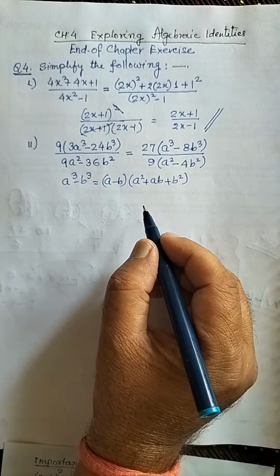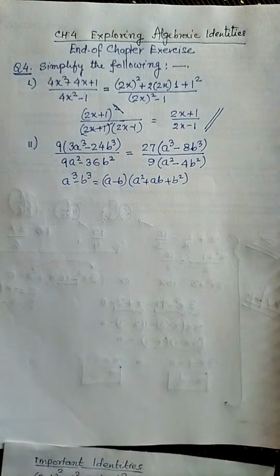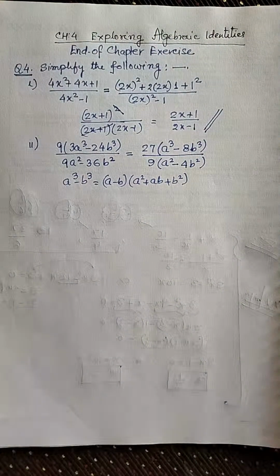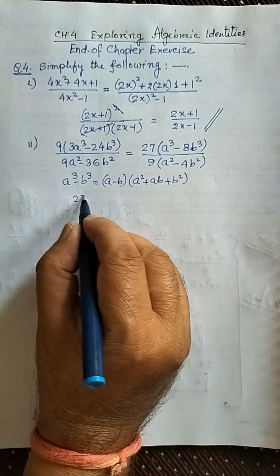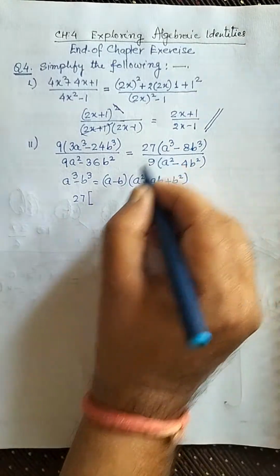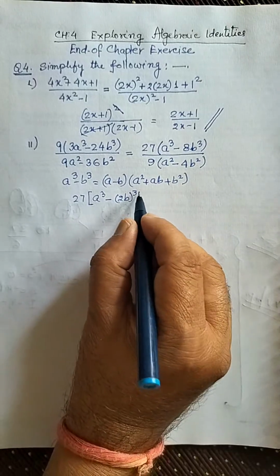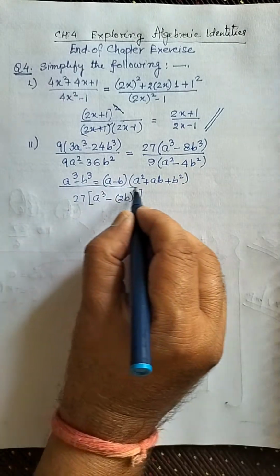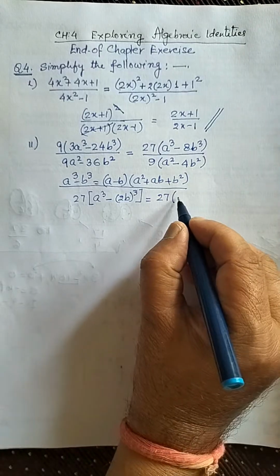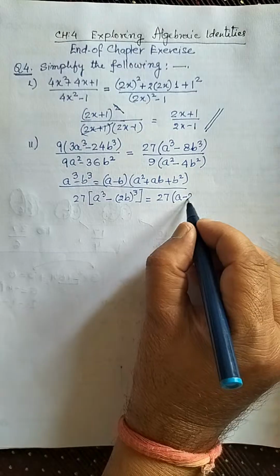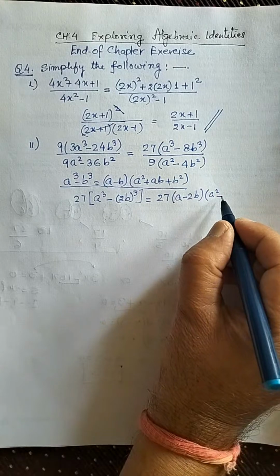Guys, make sure that you write whichever identity is used. For the examination point of view, this is very important. Now, according to this identity, I'll break up the numerator. It is 27, and this one I will write as (a cube minus (2b) the whole cube). Now, as per this identity, I'll break this up as 27 multiplied by (a minus 2b) times (a square minus,